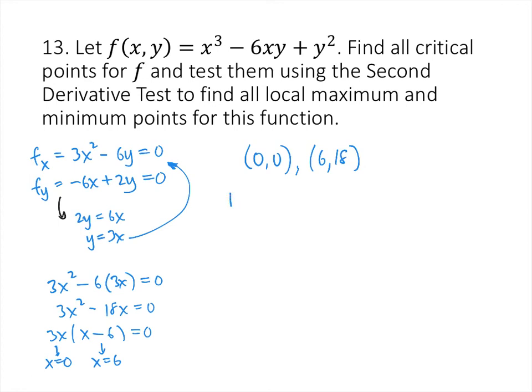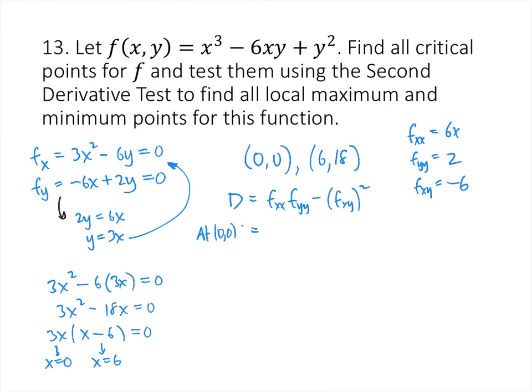To compute my D value, remember D is f sub xx times f sub yy minus f sub xy squared. So what are my second order partial derivatives? Well, f sub x was 3x squared minus 6y, so f sub xx is 6x. f sub yy, that's just going to be 2. And then f sub xy is going to be minus 6. So plugging in the point 0, 0,